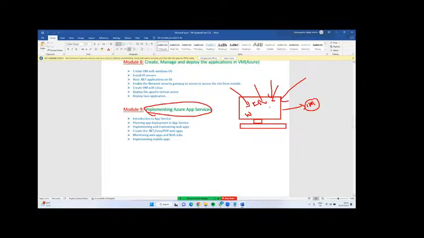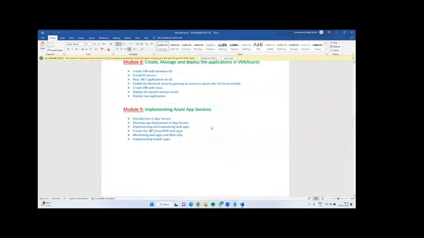In the case of IaaS, the vendor is providing only virtual machines. What about the environment? Environment in the sense, the runtime environment we have to set up. For example, you would like to deploy one Java application. To deploy a Java application, what web servers are required, guys? Any idea?